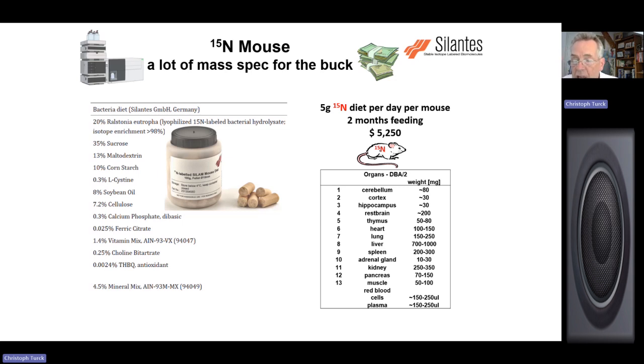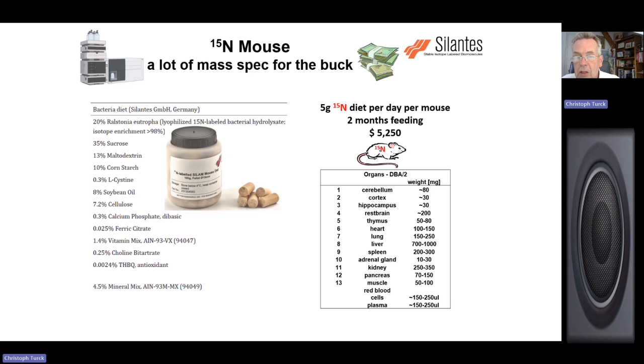And these are pretty decent tissue weight numbers. Look here, cerebellum, 60, 80 milligrams. And here the liver, you have 700, almost a gram of liver. So try to think of how many mass spectrometry experiments you can do with this. And even if you're only interested in the brain, maybe you have a colleague who's interested in the liver, or someone is interested in heart, you could even share these tissues.